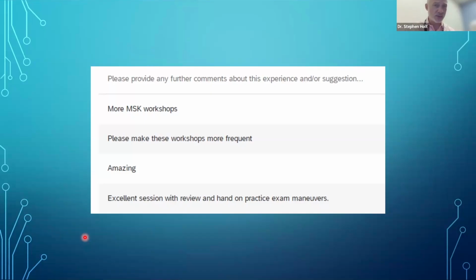In theory, I'd love to do them even more often than we do, but it is logistically a lot for me to put these together, and I don't think I could easily do more than 8 a year. Like I said, it's 4 cohorts, 2 workshops. That's 8 workshops a year. That's enough.